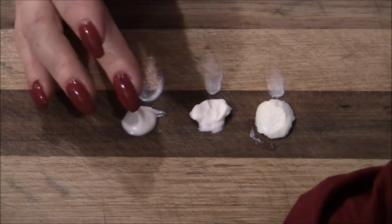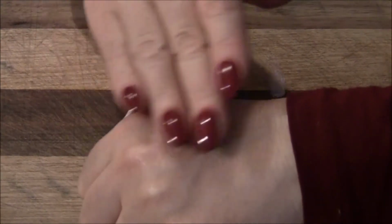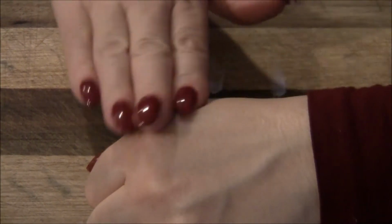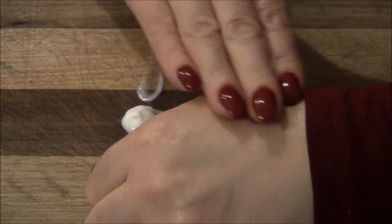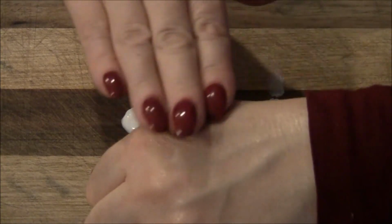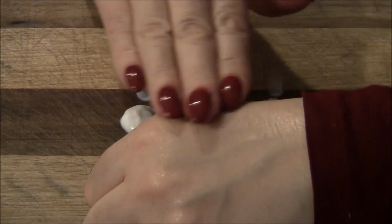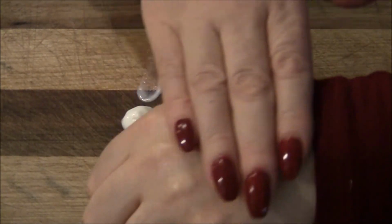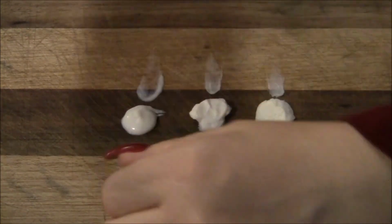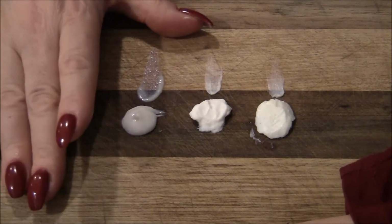And as I said, you can use the rich cream for hand massages, as well as your face and your body. But I just wanted to put the light moisturiser on there so you can have a see. Now you can see by how much I'm rubbing that that little dab lasts a long time. Still getting that moisturising, slippery skin feel. So all of Joli's moisturisers can be used for face, hands, neck, body, and they can be